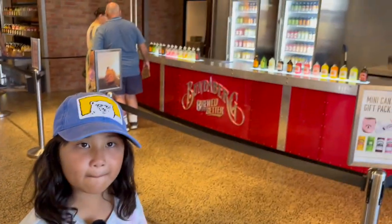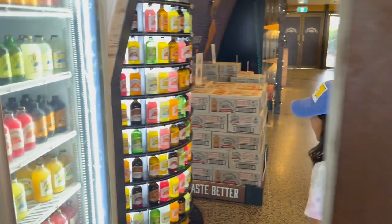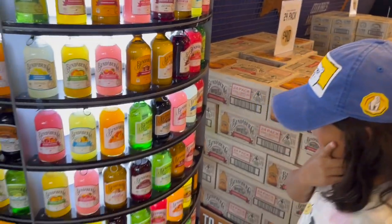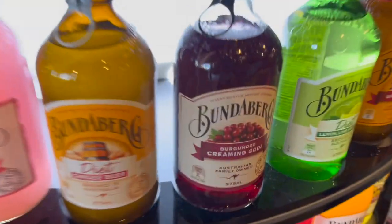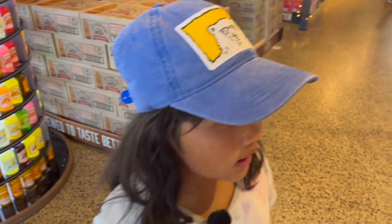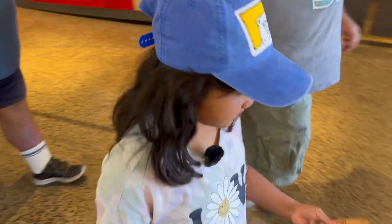So what do you think of the tour, the talk just now? I like it all except the sarsaparilla. Which one? This one? Cream soda. I don't like cream soda. But the rest of them are good? Yeah. Thumbs up? Me and Aiden are going to have everything except the 2 items. Okay, gotcha. And then we're also going to have one more of the